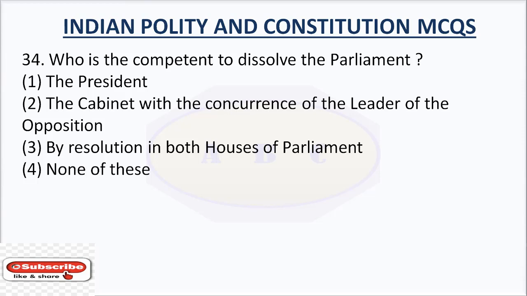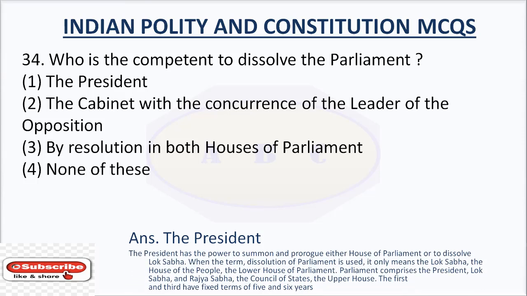Question number 34. Who is competent to dissolve the Parliament? Option number 1, the President. Option number 2, the Cabinet, with the concurrence of the Leader of the Opposition. Option number 3, by resolution in both Houses of Parliament. Option number 4, none of these. The right answer is the